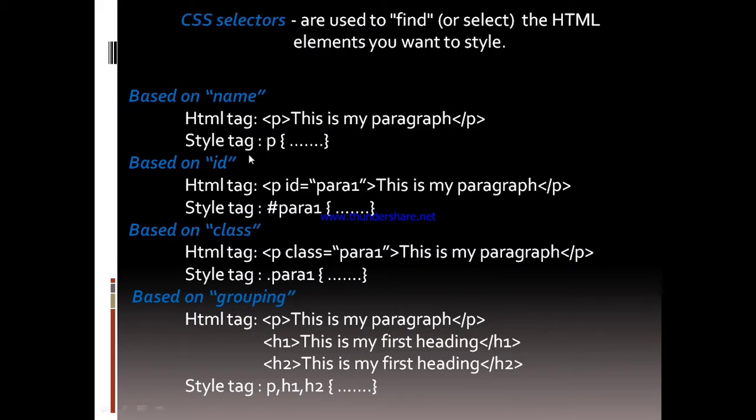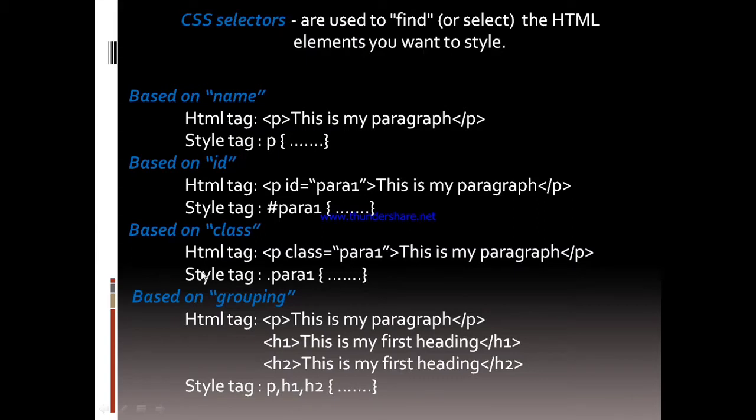There are these ways we can style our elements: based on name, based on ID, based on class, and based on grouping. Based on name, we use our HTML tag name to refer to the tag and give styles to that particular element.